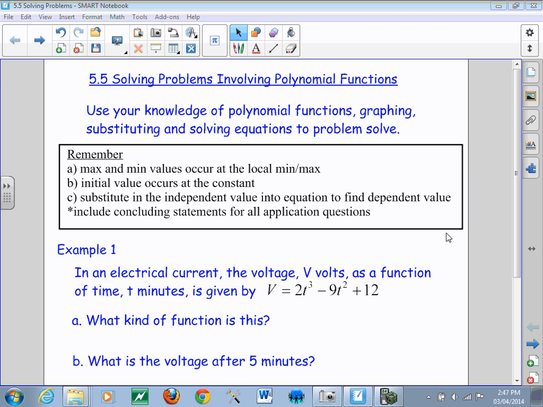Hello class and welcome to lesson 5.5, solving problems involving polynomial functions. What we're going to do today is use our knowledge of polynomial functions, graphing, substituting, and solving equations to problem